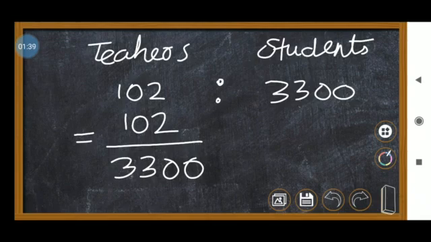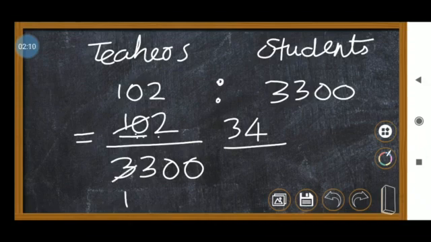First we have to check which table it can be divided by. Here I will take the third table. See here, 10 is there, no? The 2 table will also divide, and the third table will also divide. So I will start from the third table. 3 3s are 9. 10 minus 9 remaining 1, that 1 combines with the 2, so 12 will become. How many 3s are 12? 4 3s are 12. And here 1 3s are 3, 1 3s are 3, and that 0 we can write.